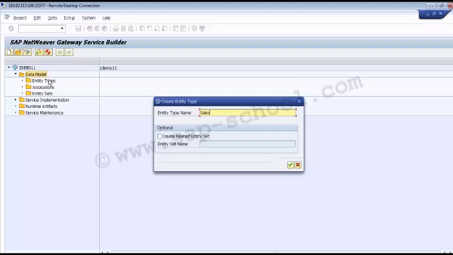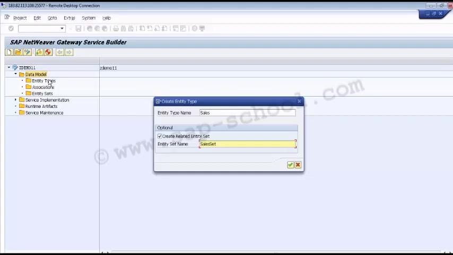Now we have this option of create related entity sets. This is an optional one. If I want to create the entity set by default, then I can choose this checkbox and it will create the entity set. Say I click on this, it has automatically taken a name which is the name of my entity type appended by set.